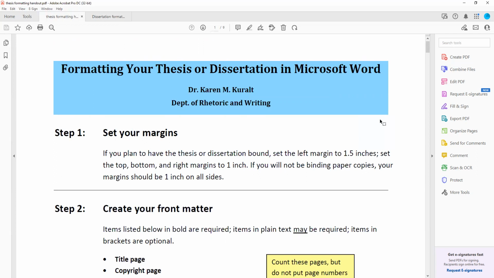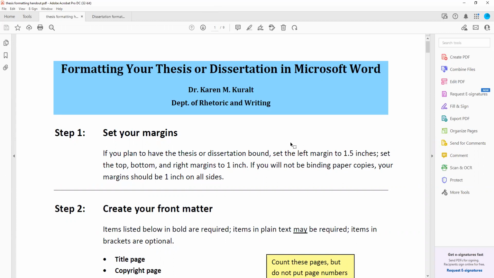As you can see, this handout that we're going to be working from today is about 9 pages compared to the 30-ish pages or so that the actual thesis and dissertation guidelines are in. So the advantage of this handout to you is, number one, it compresses the instructions that are in the thesis and dissertation guidelines to a smaller extent, and it gives technical details about how to do what's required, not just what's required.